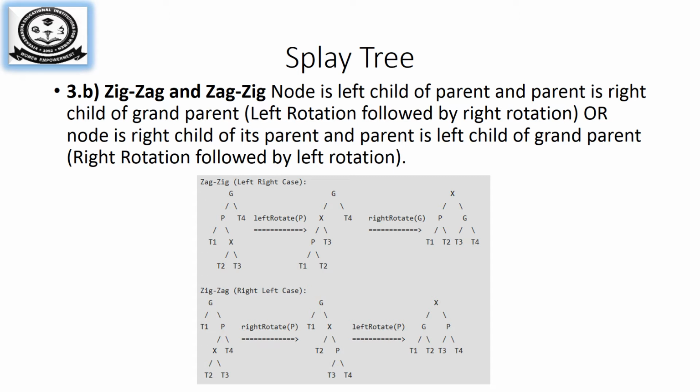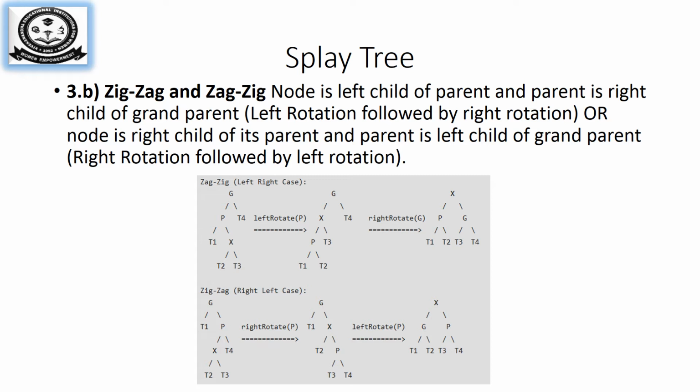You can see the accessing node will have a parent node and a grandparent node in this fashion. How? Grandparent's left child is the parent node and the parent's right child is the accessing node. If that is the case, X will be made the root node, the parent will be the left child, and the grandparent will be the right child. So this we call zig-zag. The bottom diagram is the other zig-zag case. You can see the grandparent's right child is the parent and the parent's left child is the accessing node. After rotating, X has become the parent node, X's left child will be the grandparent and the right child will be the parent node.